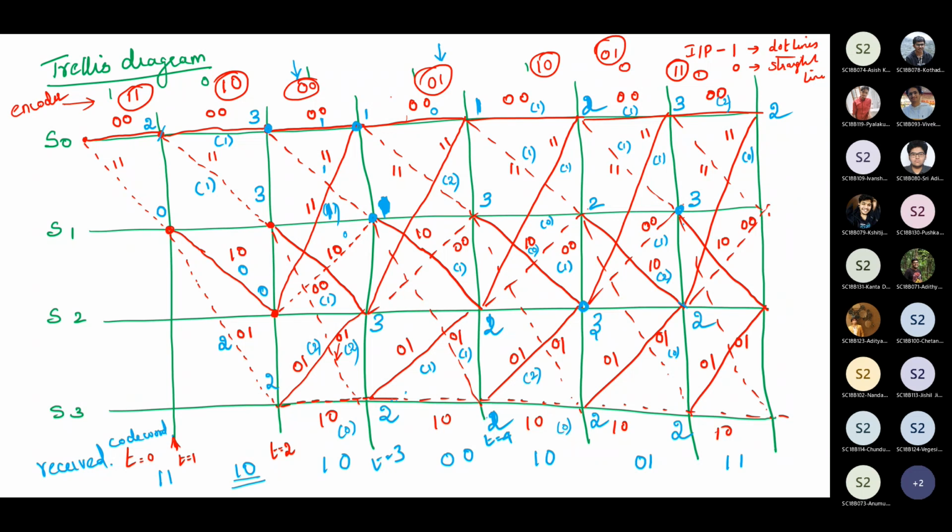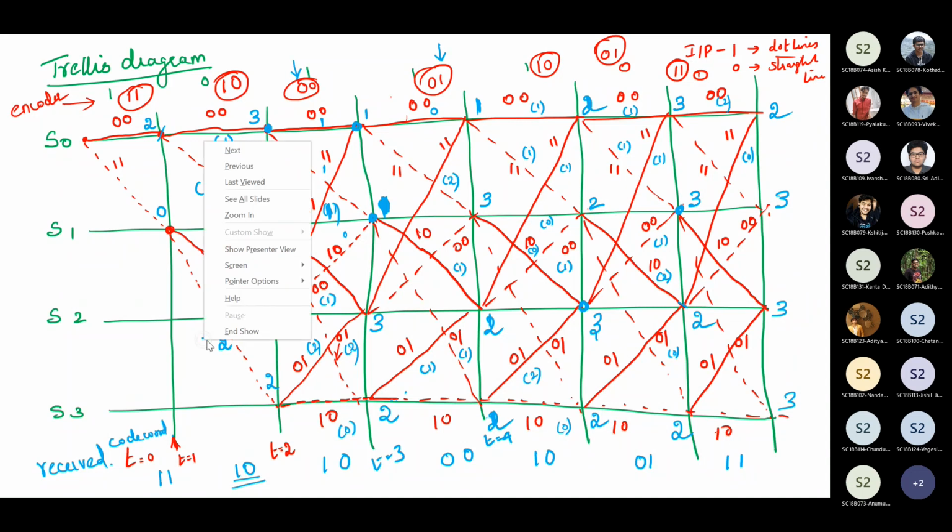Next one is here 3, 1, 1. So 3. Here it is 2, 1. So this is 3. Next is 1, 4. Here it is 1, 3, 3. So 0, 1, 1, 3 plus 1, 4. Whereas here it is 3. Okay. So we have completed all the minimum distance calculation.